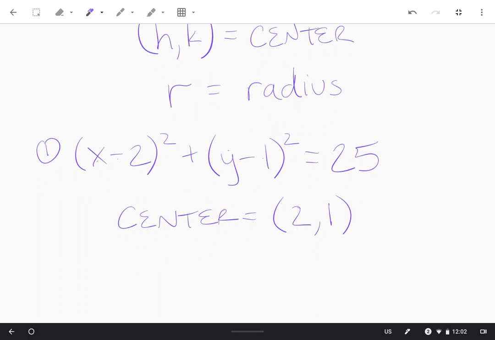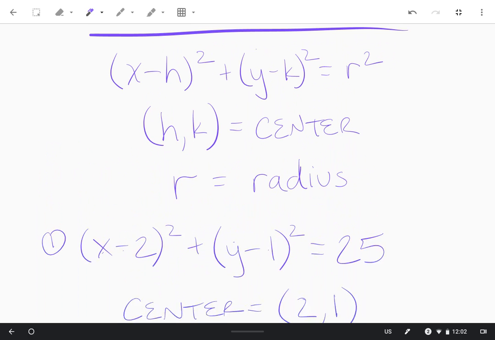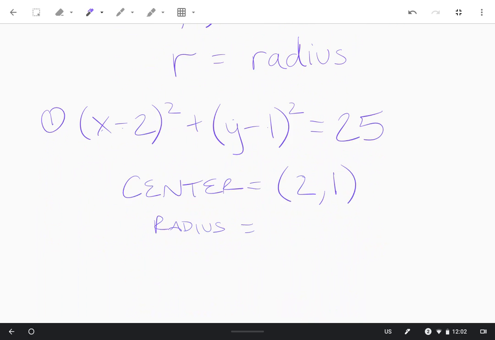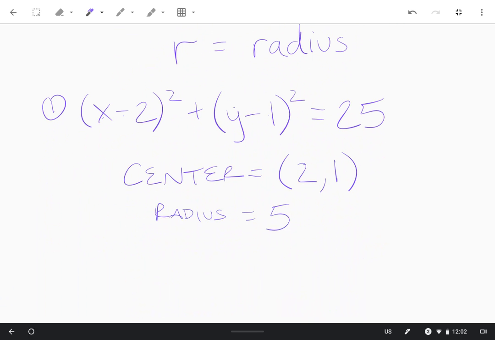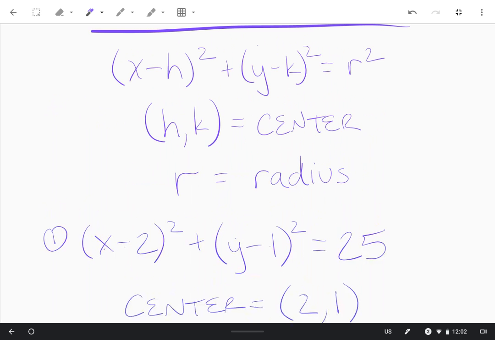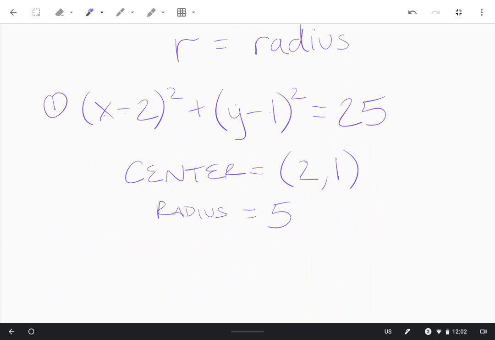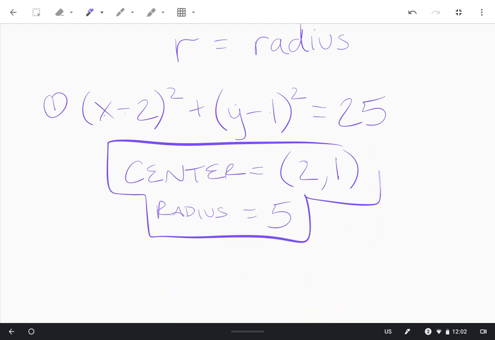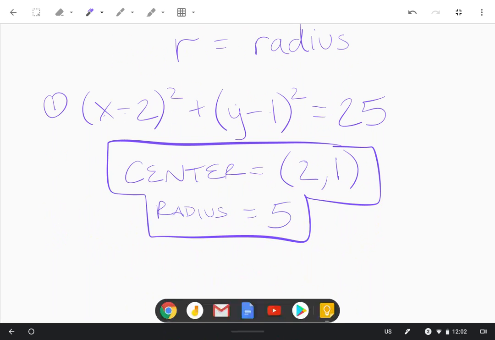So the center would be 2, 1, and the radius, because the formula says r squared, and we have 25, then the radius would be 5, because 5 squared gives me 25, and the radius squared is what's in that position. So this would be the values for that circle. So let's look at what the graph looks like. And what's cool